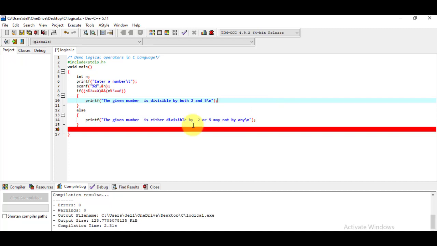Okay, so it may be possible that another number may be divisible by 2 or may be divisible by 5 or may not be divisible by any of the numbers. But if that number is divisible by 2 as well as 5, then the message has to be displayed over there that the given number is divisible by both 2 and 5.